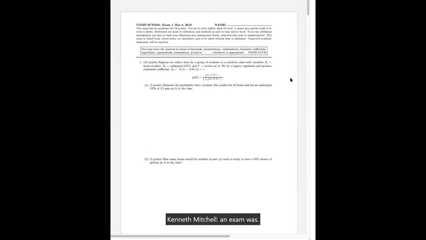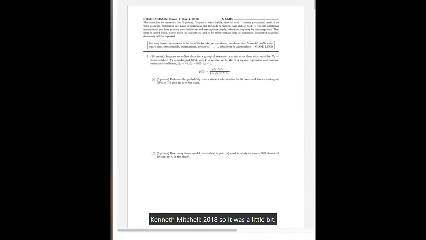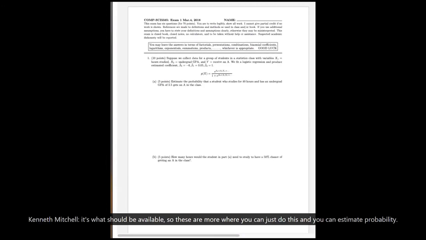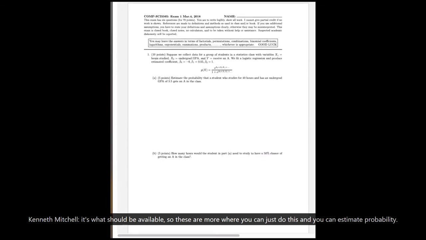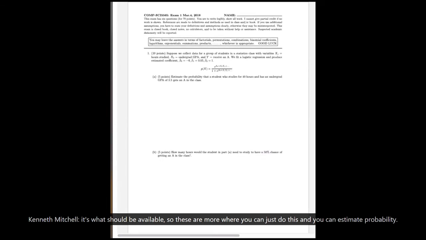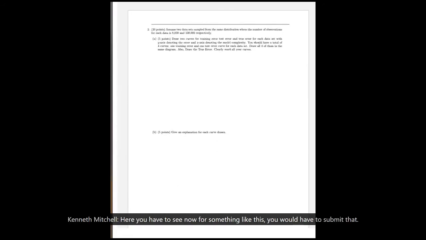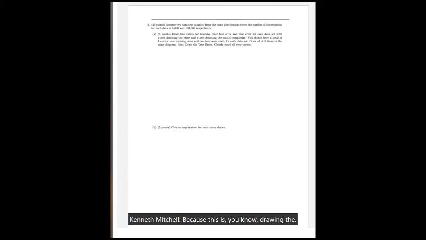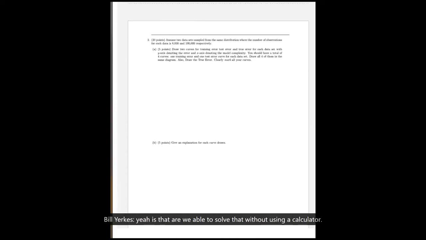This is from 2018, so it was a little bit different. These are more where you can estimate the probability. Again, these were more numerical. For something like this, you would have to submit your work because this is drawing. Professor, on the first question,